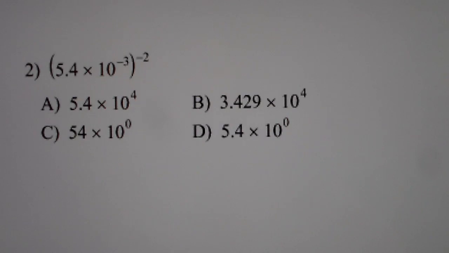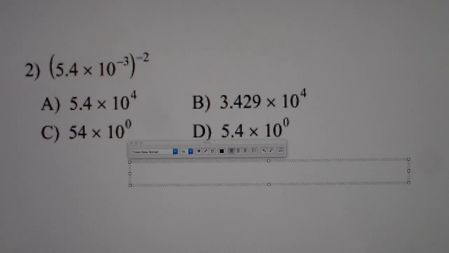Let's do another one together. So looking at problem number 2, we have 5.4 times 10 to the negative 3, to the negative 2 power. So I'm going to type in the calculator 5.4 to the power of negative 2, and I'm going to get a decimal. This decimal, I'll write it out, is going to be 0.03429